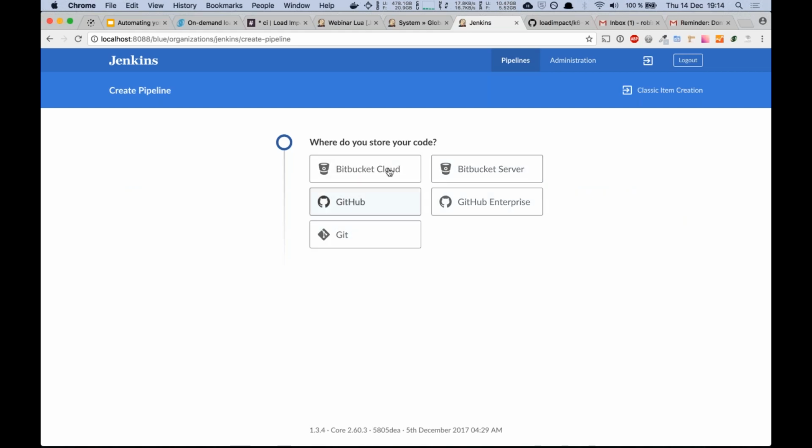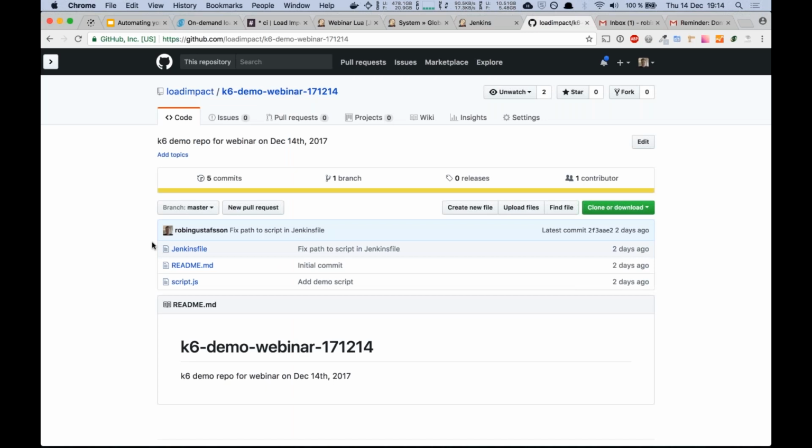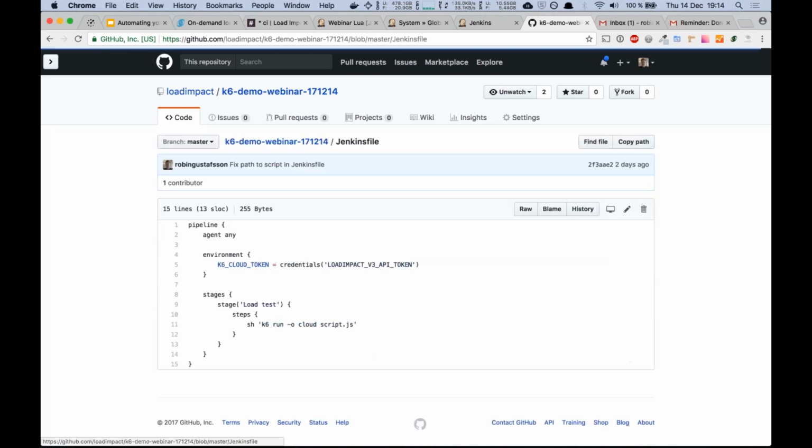Now you're getting asked where your code is located. So I've created a small repository here on GitHub. It's a public repository. It's under the LoadImpact organization. It contains the script we just created in our editor, and it also contains this file called Jenkinsfile. And the Jenkinsfile is a file that Jenkins will recognize when it clones this repository, and it contains the